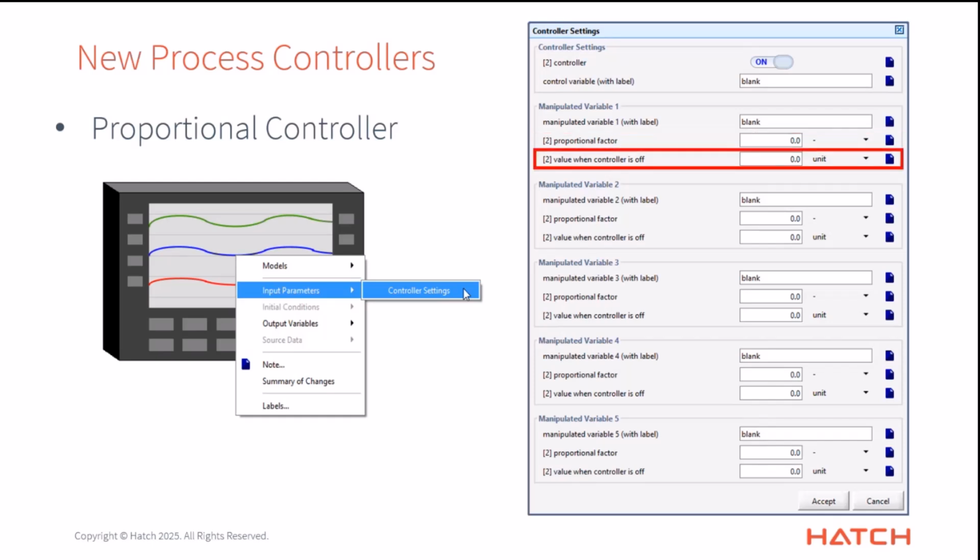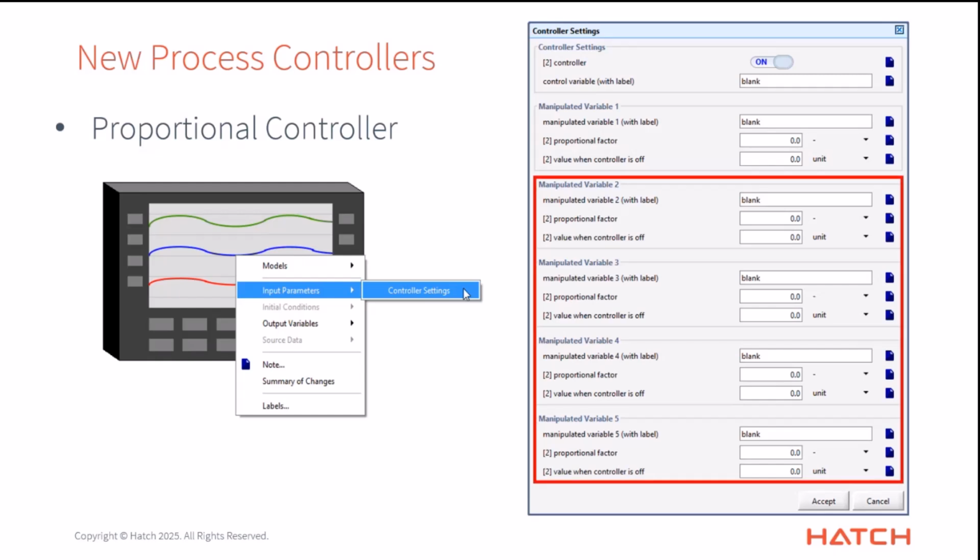Then you can also specify a default value that's going to be used if you turn off that controller, so that your manipulated variable will be held constant at this value when that controller's off. And in each proportional controller object, we offer the ability to specify 5 distinct manipulated variables that you can change through your simulation. The other new controller that we're going to touch on is the step controller object,